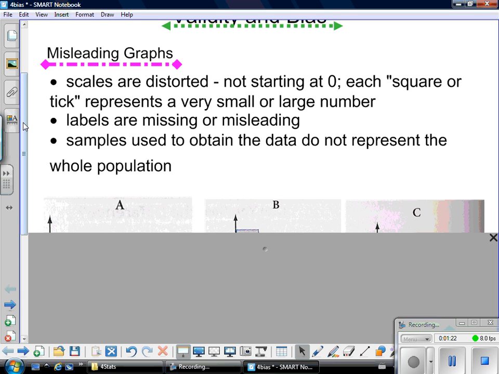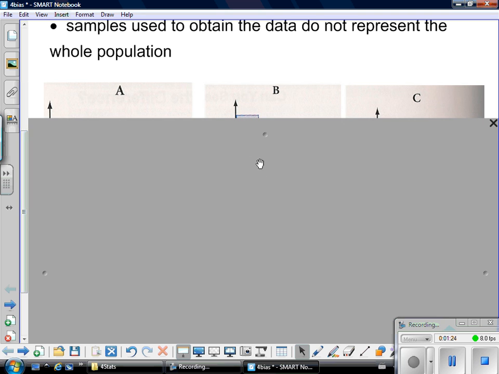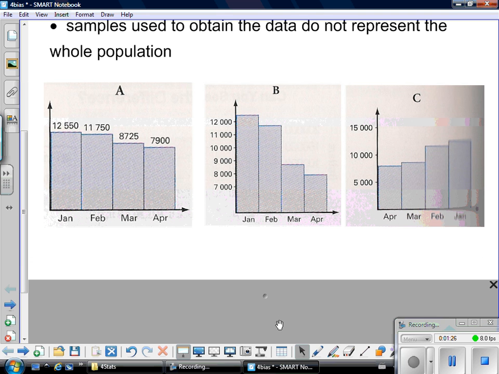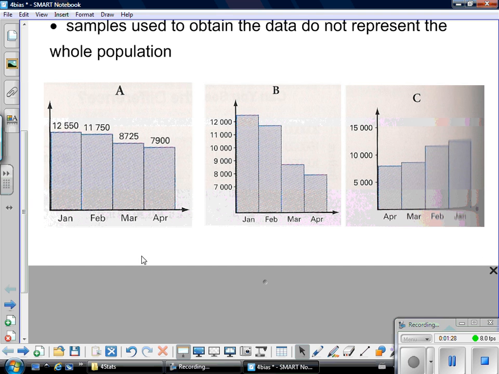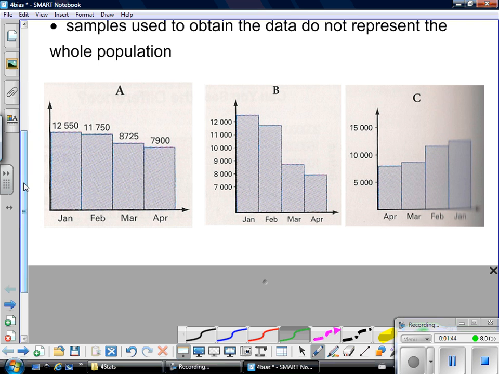So let's take a look at the graphs that you have in front of you. First of all, these all represent the exact same data. So it's the same data displayed in three different ways. Now, if we look at the first way, we go January, February, March, April. We notice that this says that this is